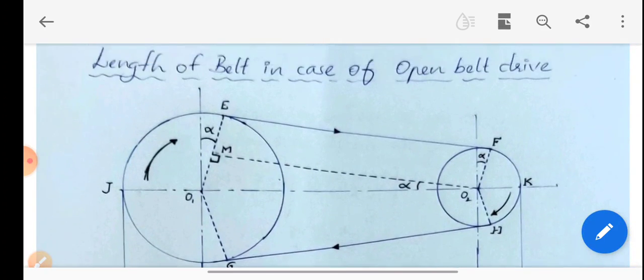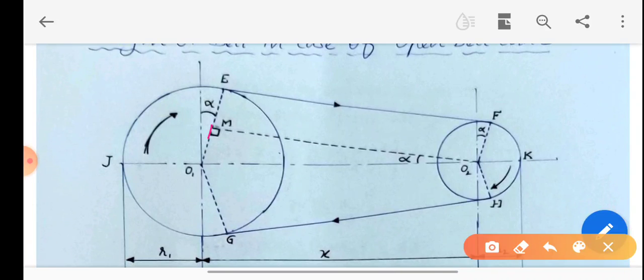again you consider this triangle O1, O2, m. So it is a right angle triangle, as I said. If this angle is alpha, the opposite angle is also alpha. Again mathematics, I will not go in detail, right? So if you look at this triangle, if you want to find out sin alpha, it is nothing but opposite by hypotenuse, right?